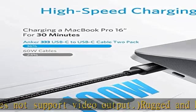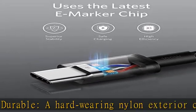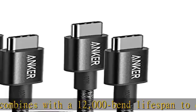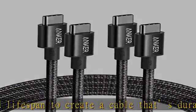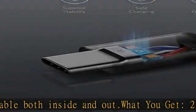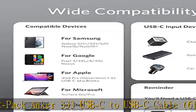About this item, the Anker Advantage. Join the 80 million plus powered by our leading technology. Rapid charging, supports high-speed charging up to 100W when used with a compatible charger. Highly compatible, designed to work flawlessly with any USB-C device. Does not support video output. Rugged and durable, a hard-wearing nylon exterior combines with a 12,000 bend lifespan to create a cable that's durable both inside and out. What you get: 2-pack Anker 333